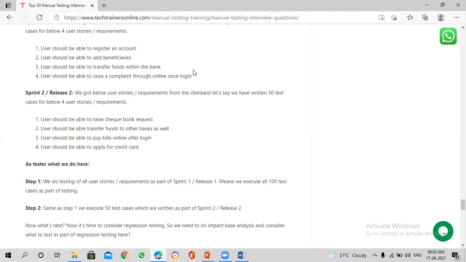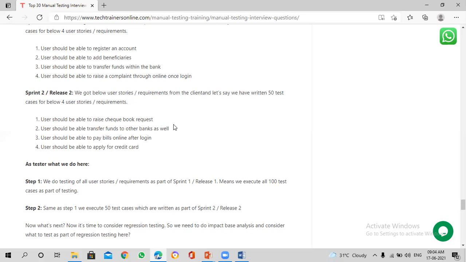No, you read every user story and you will get it. Within the bank it's there, but other banks are not there. Check this user story: the user should be able to transfer funds within the bank.